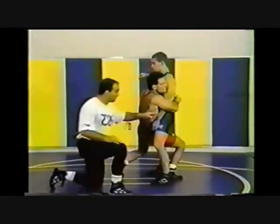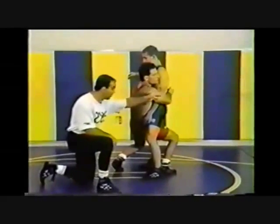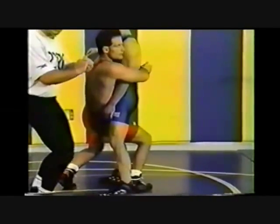Now, at this point in time, what we need to look at here, notice he's penetrating at the same side that he's trapping the arm. Now, what we want to do is it's a sag body lock, so sagging or hanging